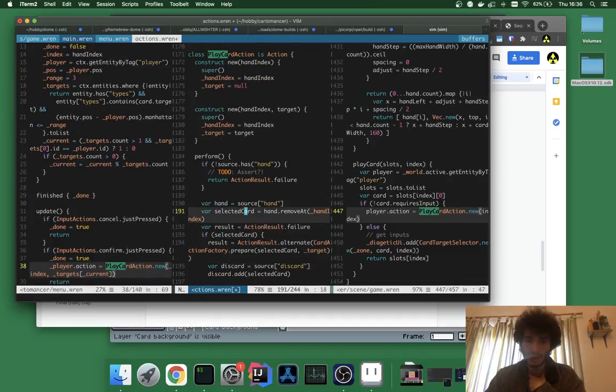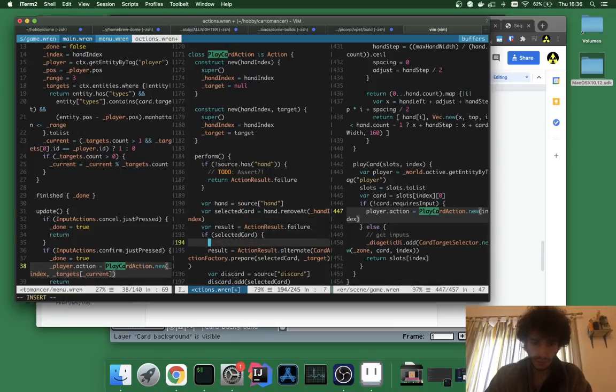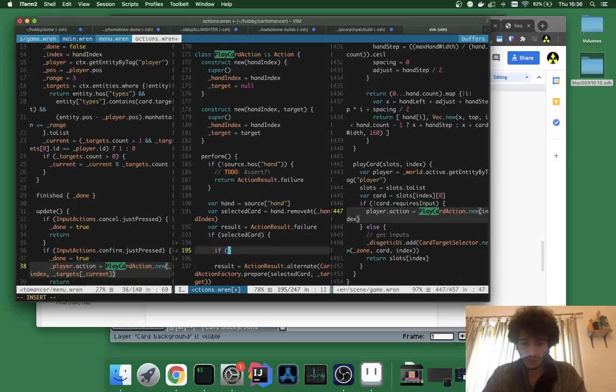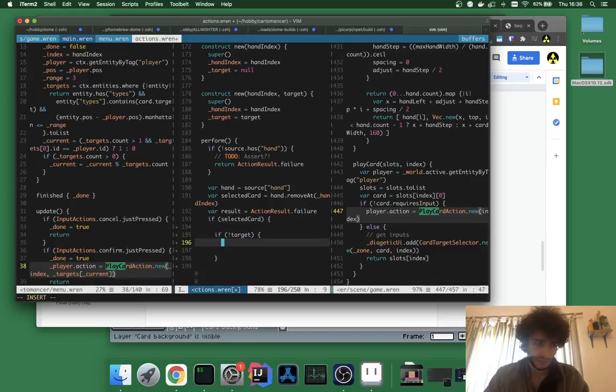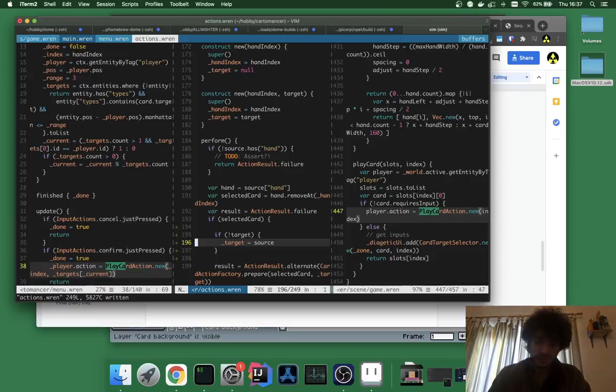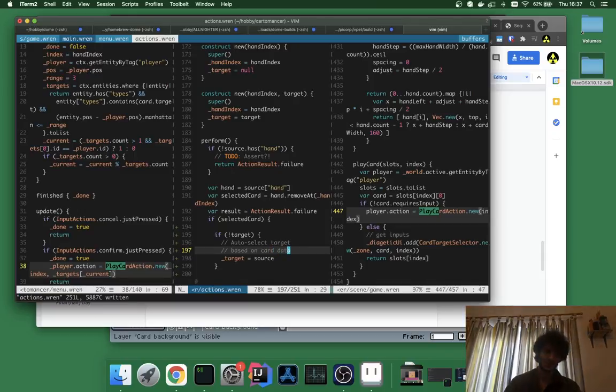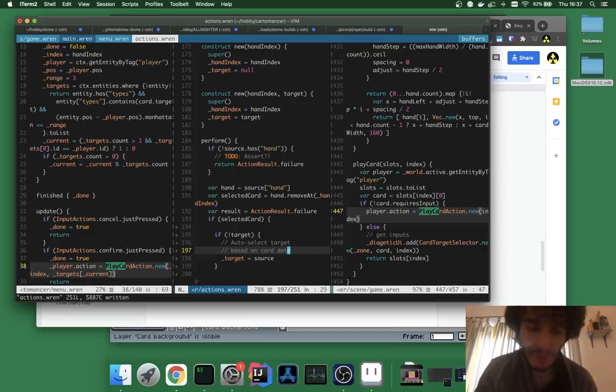oh, that's interesting though, because we don't actually necessarily know what the card is until this point here. So then we have to be like, if no target, then target is equal to source by default. Well, no, it would be, well, there's a few different options. Auto select target based on card data. That's really unsettling for me though, because obviously now this logic is in a few different places. Not a fan of that, but